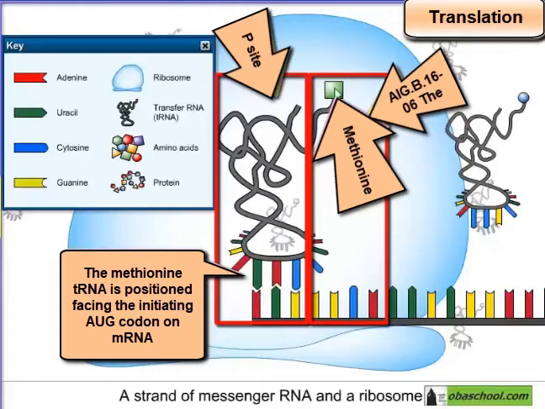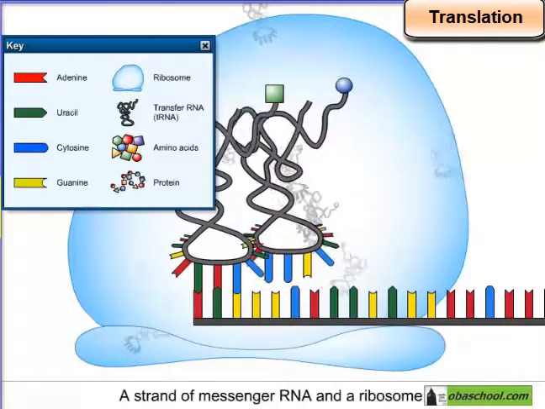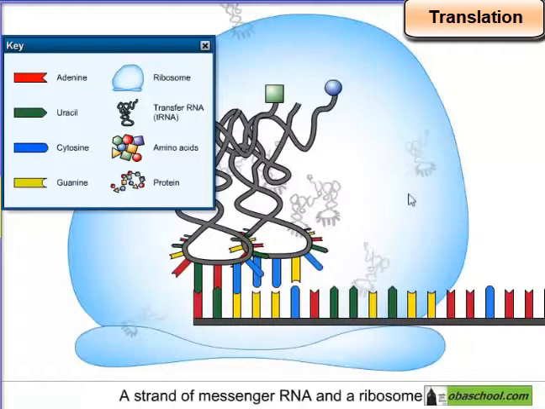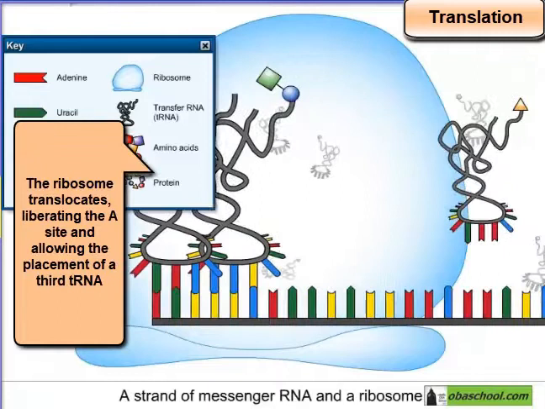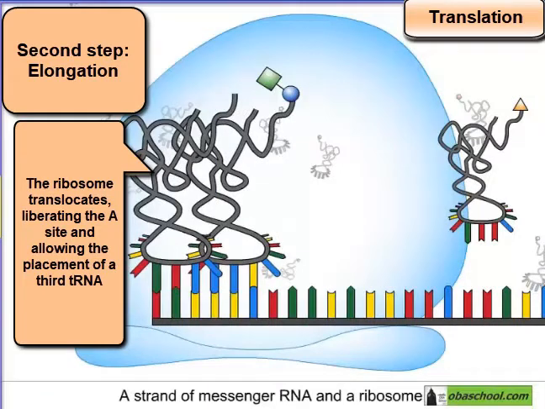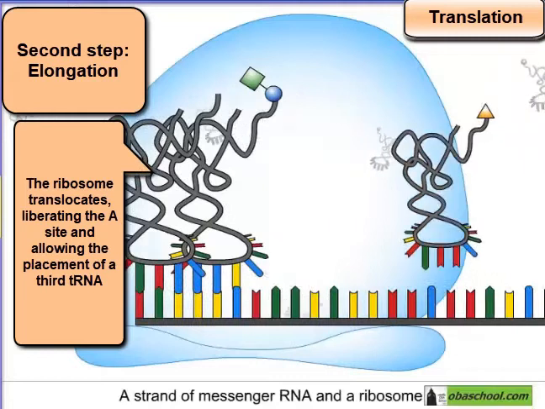Now the P site is full with this tRNA and the A site is empty. What happens is that the A site can now take another tRNA. We have another codon, nucleotides number 4, 5, and 6, a different sequence, and they have a specific tRNA that can bind to them with a complementary anticodon, and it carries the specific amino acid. Now, when this happens, the initiator tRNA is going to leave the P site, and once it does,